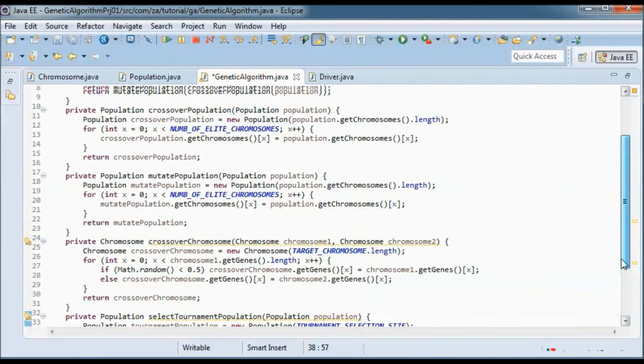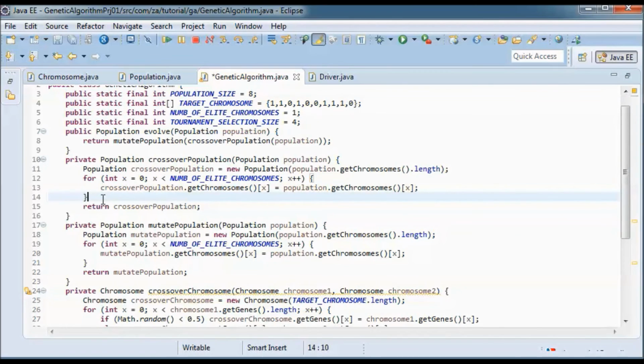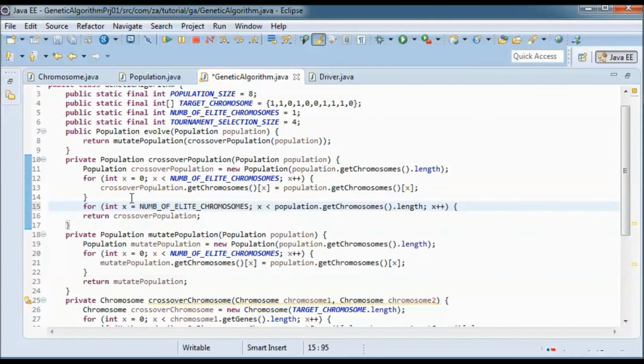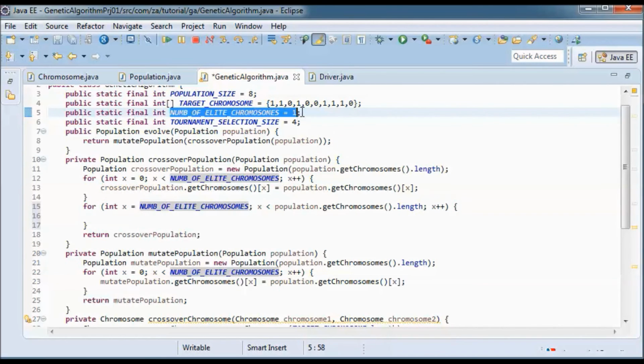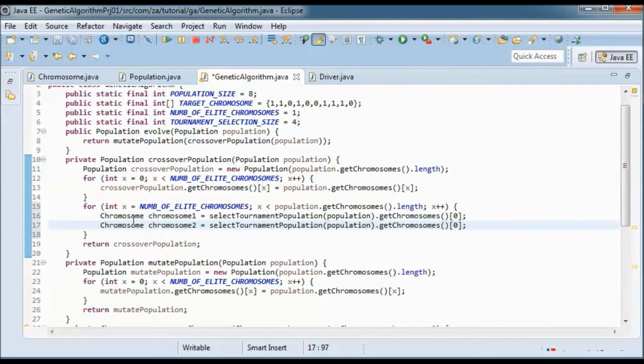And now in crossover population, I'll go ahead and loop through all the chromosomes in the population except the elite one. So here we will start from 1, since number of elite chromosomes is 1. And we will select 2 chromosomes. So we will do select tournament population and then pick up the fittest chromosomes from each tournament population.